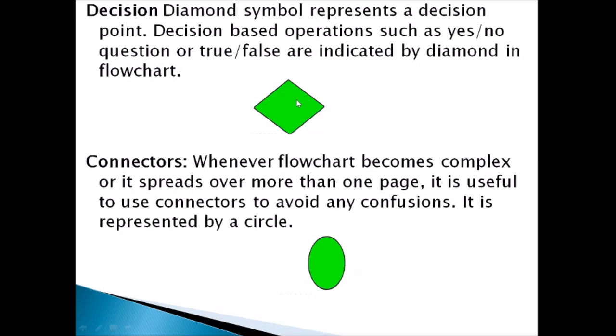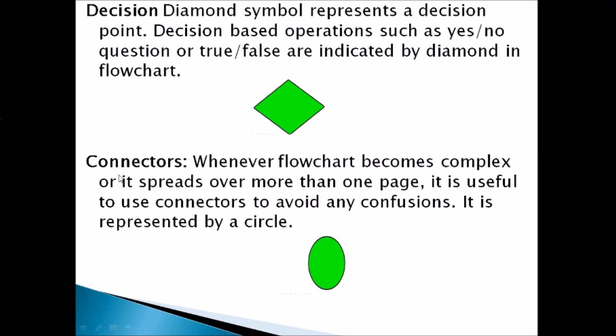Next symbol is decision. Decision means we may use some of the conditional statements such as if, else, for, while, do while, likewise. So all those conditions should be given in this symbol. The symbol is called a diamond symbol. If the statement is going to decide the next execution based on the yes or no choice, then this symbol should be used. Okay, simply we can say decision based operations or decision based statements are going to be given in this symbol. The statement will decide the execution based on the yes or no or true or false situations.